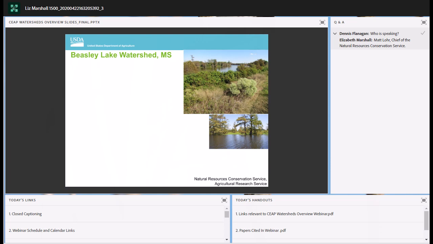Implementation of CRP to address water quality concerns in the Beasley Lake watershed began in 1995 and continued through 2006. Implementation of crop buffers also began in 2006. Crop buffers consist of both row crops and mixed vegetative buffers, also known as quail buffer habitat, and measurements for this study were taken between 2011 and 2017. The results indicated